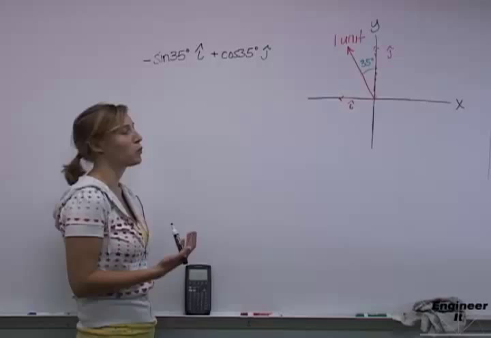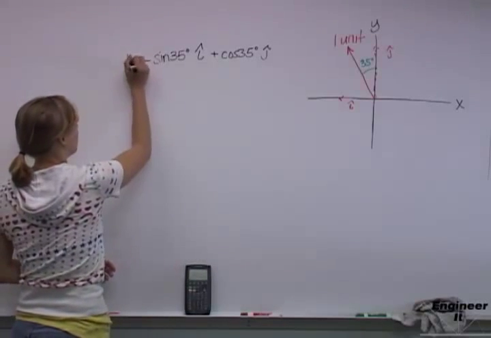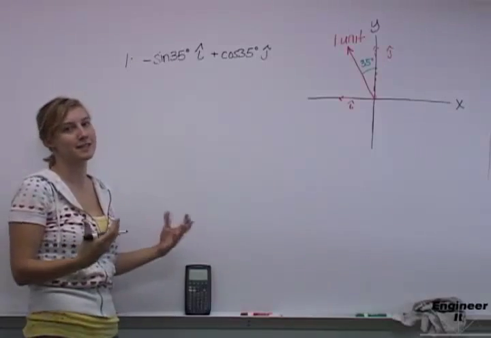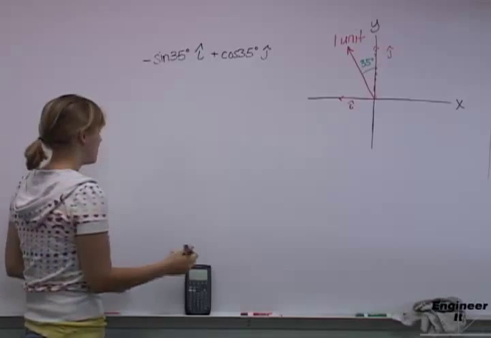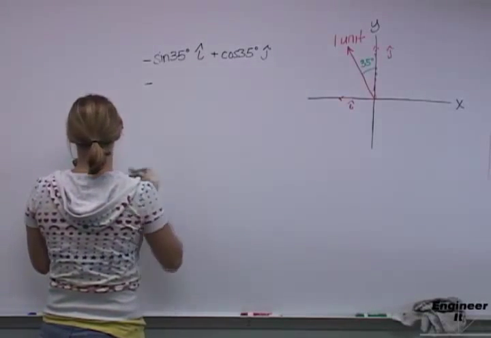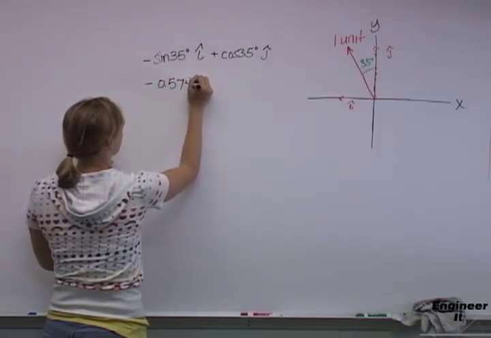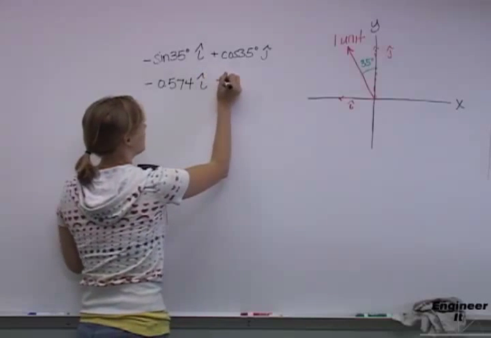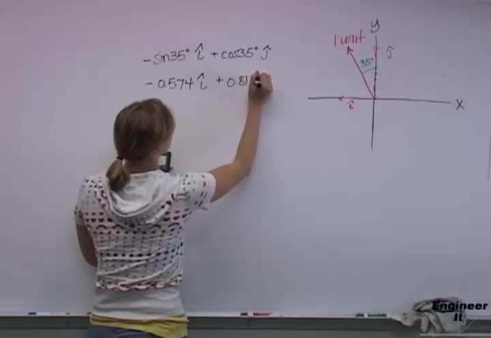Now, as these are just 1 unit, it's like we're multiplying by 1. So this is like 1 times these values. But since it's just 1, we can assume that that's there and we don't need to actually write it. So let's calculate what these actually are. So this is negative 0.574 in the i direction. And this is 0.819